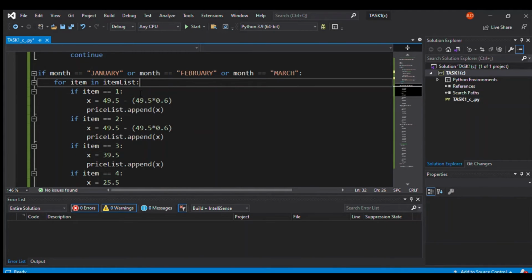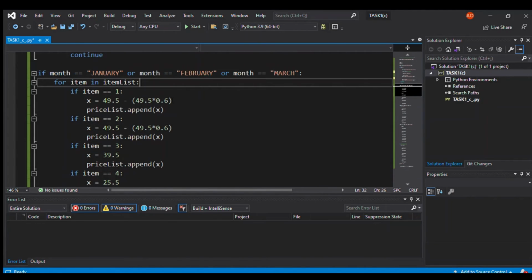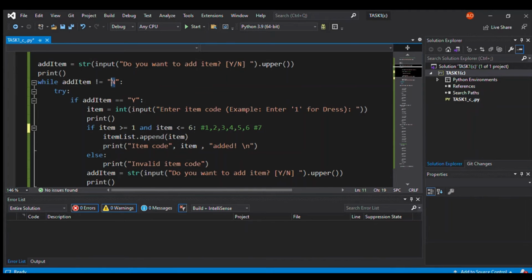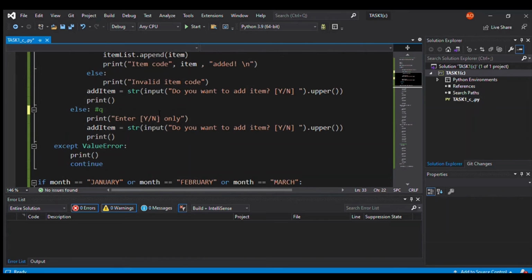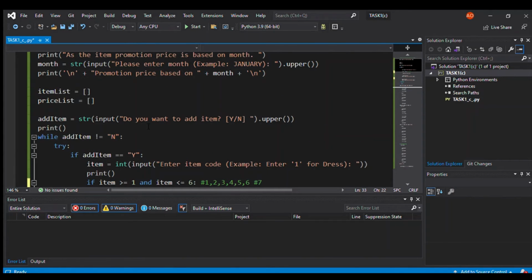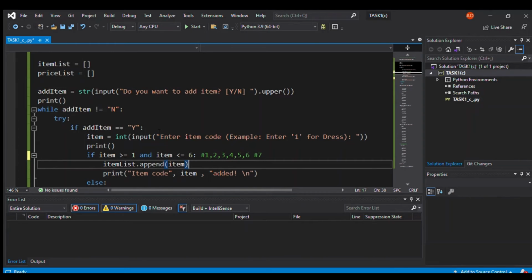Now I'm going to explain the calculation part, the price calculation. The program will only calculate the price after the user enters N for the add item input function that asks, do you want to add item Y/N. If the user enters N, only then will the program run this code that calculates the item price. So after the user enters N, if there are items in the item list that the user input previously,